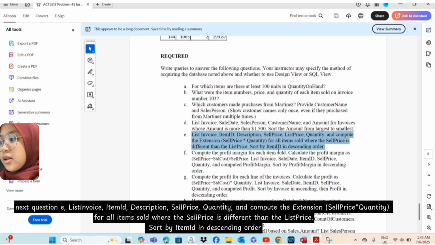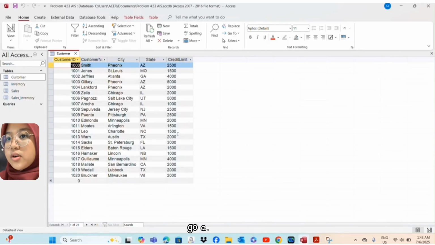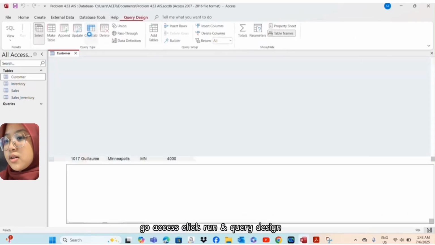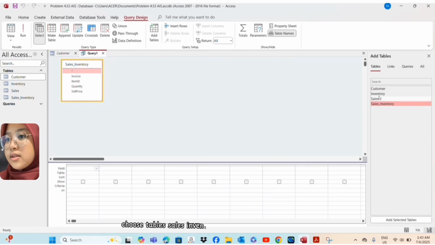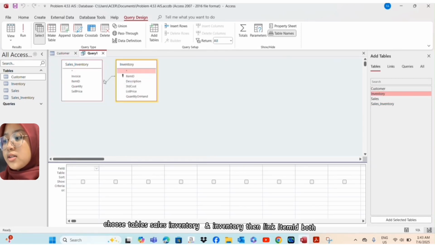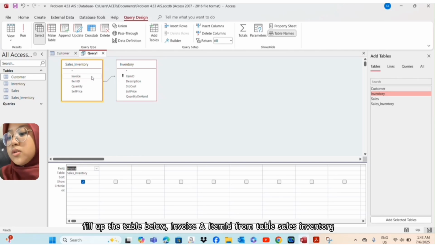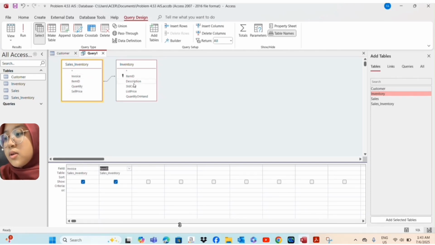So we go to Access and create query design, and then choose sale inventory, sale, and inventory, then link item ID to item ID. The first column is the invoice from sale inventory, then item ID, and the third column from the inventory is the description,